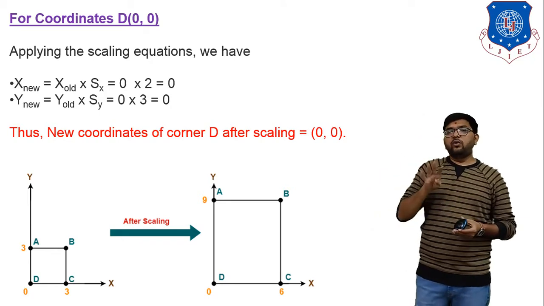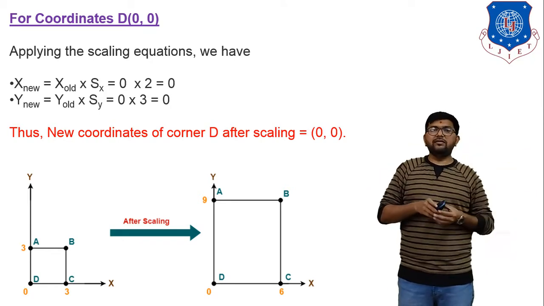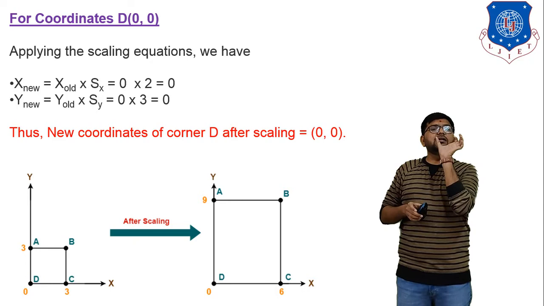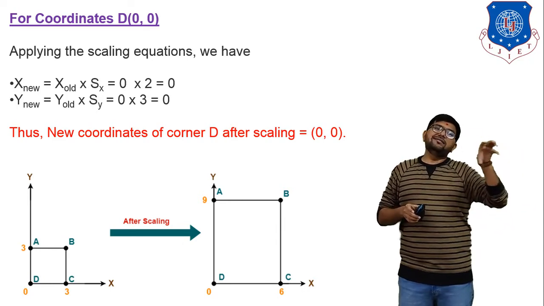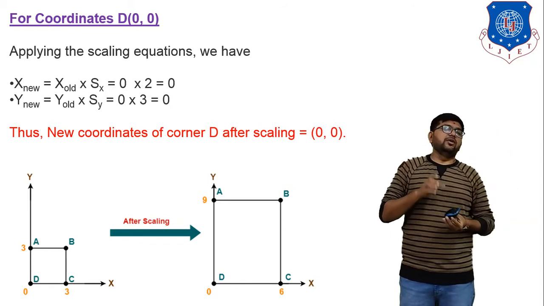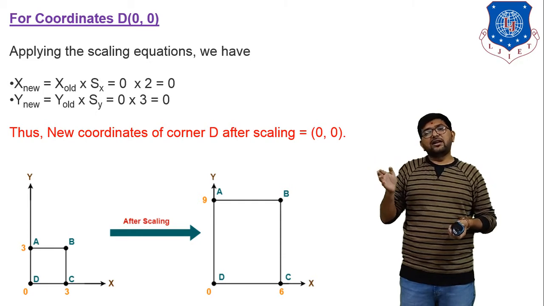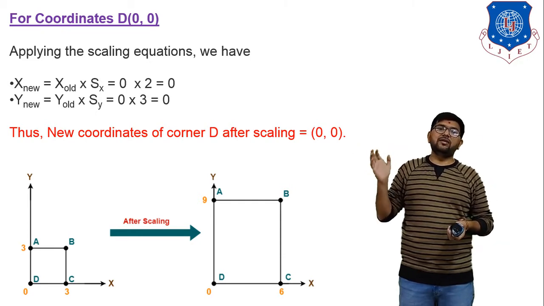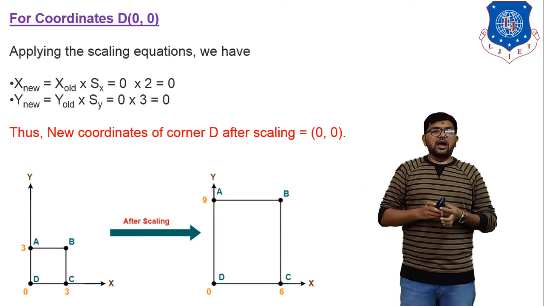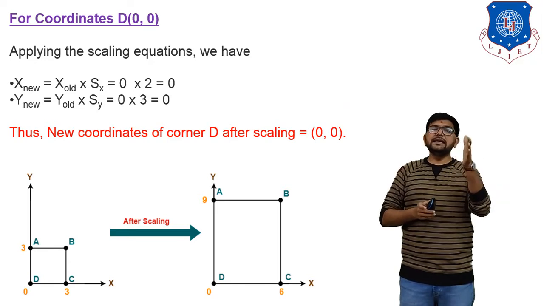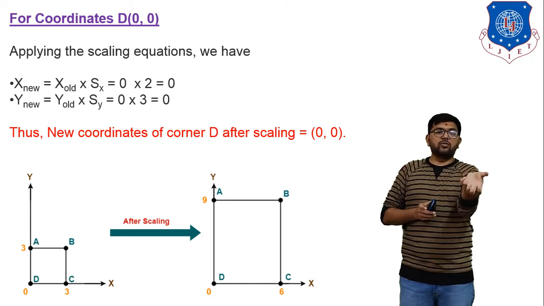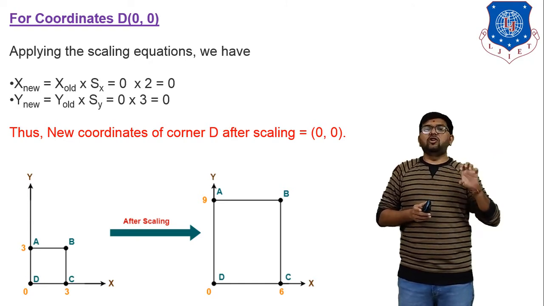Now you have 4 coordinates for the old object, and you have 4 coordinates for the new object. So you have to plot in a diagram the old point coordinates as well as the new point coordinates for verifying whether the object is enlarged or reduced. And you all know the value of the scaling factor is greater than 1. Clear? In sx and sy, both values are greater than 1. That means the size of the object is obviously increased. Clear? So now in figure 1, that is ABCD, we plot this diagram using the old point coordinates (0, 0), (3, 0), (3, 3) and (0, 3).